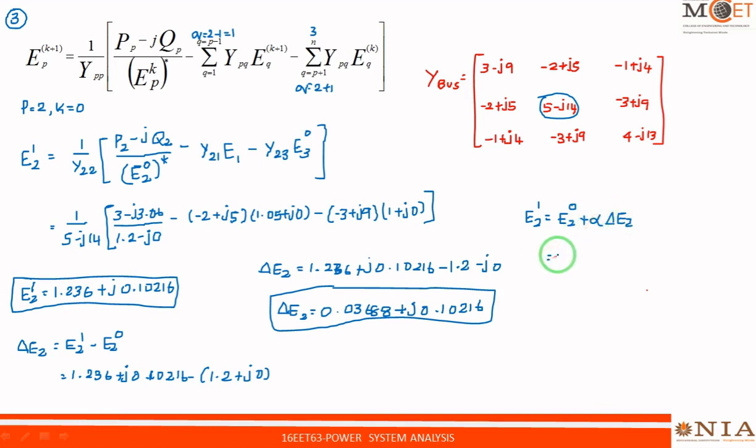So E2 is 1.2 plus 1 into delta E2, which is 0.036 plus j0.102. So the final value of E2 dash is